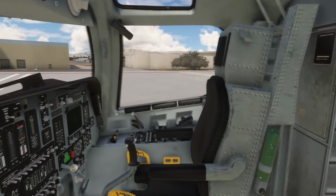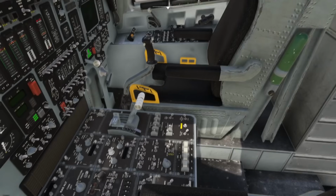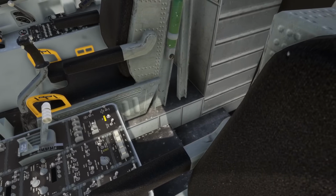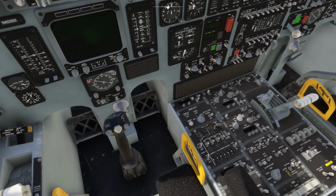Interior is not awful. It's a later Virtavia release in the FSX world, so granted, not awful. It's not good, but it's not awful. This is 21, 22 euros, so about what they always charge for all the other aircraft. And it isn't terrible. Like I said, we have got wing spoilers on the aircraft, which are